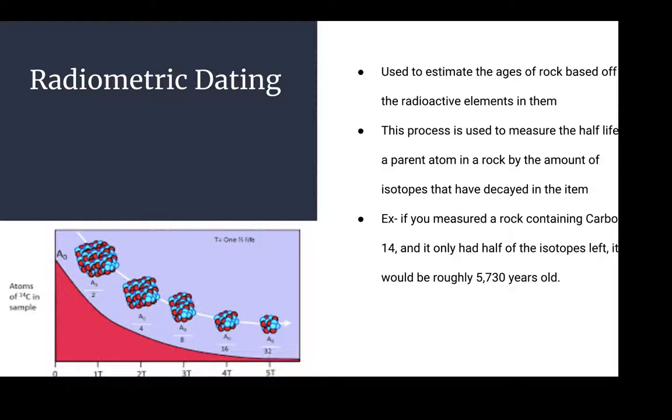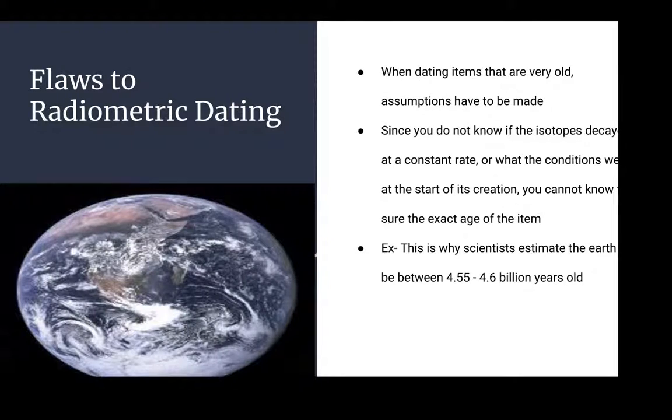As you can see in the picture on this slide, at the beginning of its age, or the creation or time of death, it'll have the maximum amount of isotopes, and then over the years it slowly loses its isotopes, and that's what scientists use to date the rock. Even though radiometric dating is pretty excellent when dating rocks, there also are some